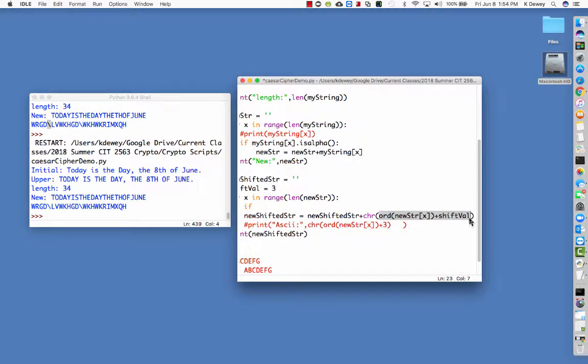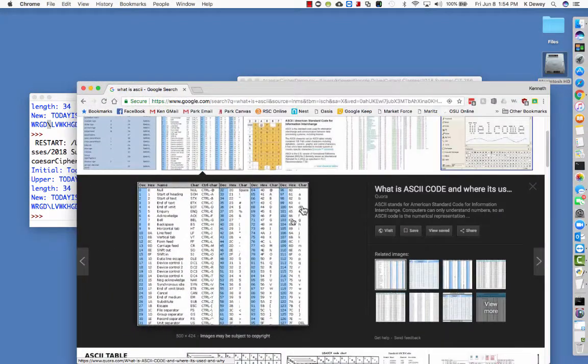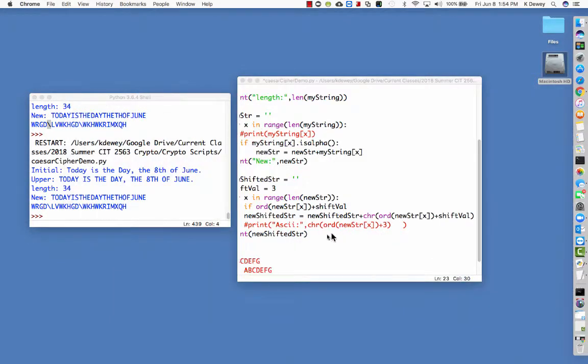Make sure I got the right one right there. So what if I take that? Now the problem is going beyond a Z. So what if I check and see if it goes beyond Z? If it goes beyond Z, that's where our problem is. So what if the string, all